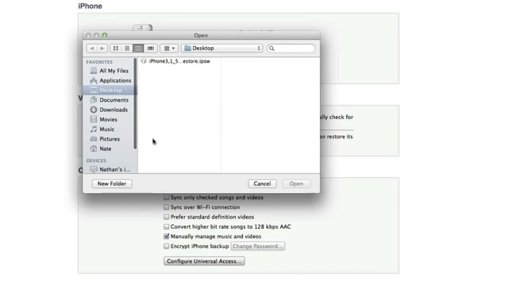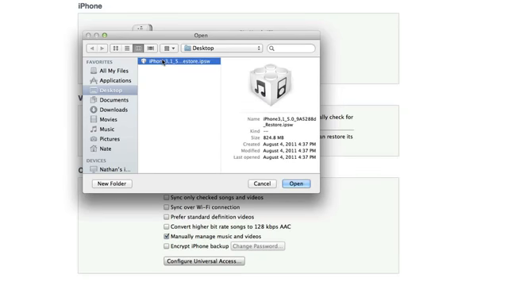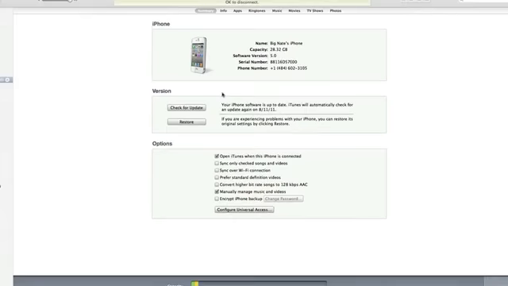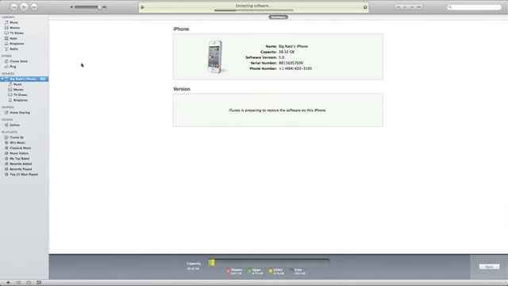It will bring up this window here. In this window you're going to browse for the iOS 5 beta software that you downloaded on your computer. I've placed it on my desktop and I can go ahead and choose this one. So go ahead and click on it, and then click Restore. It's going to extract the software and then go through the process of installing this beta